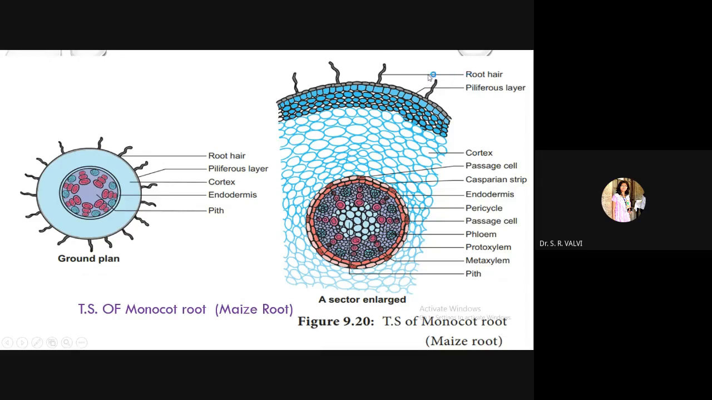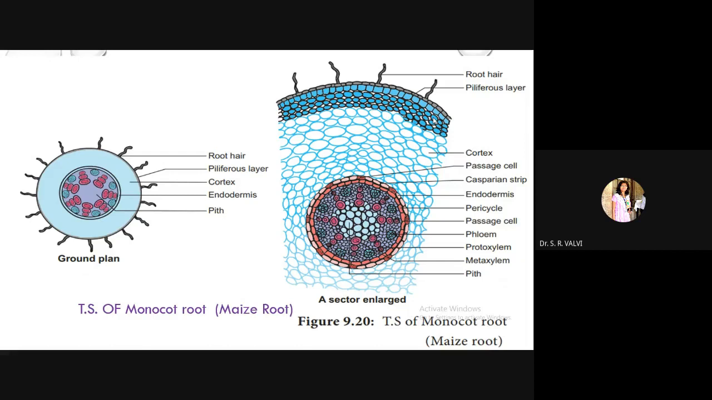Here, the outermost unicellular cell comes out. It is coming out from the outermost layer. So what is the name of this outermost layer of this root? In case of root, the outermost layer we call as epiblema. Here we are not using the word epidermis. Please do remember, epidermis is the layer